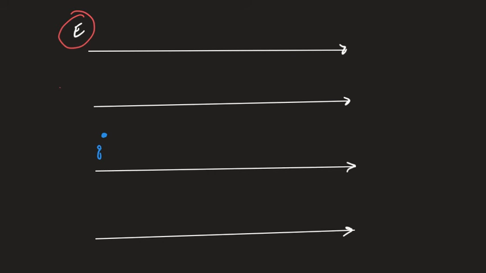I want you to assume we're dealing with an electron here. An electron has a couple of properties, and you know what those properties are. For example, you know the electron has a charge of 1.6 times 10 to the negative 19th coulombs. You know it's negative. And you know its mass, because we talked about that, 9.11 times 10 to the negative 31 kilograms. Two pieces of information about the electron that we know.